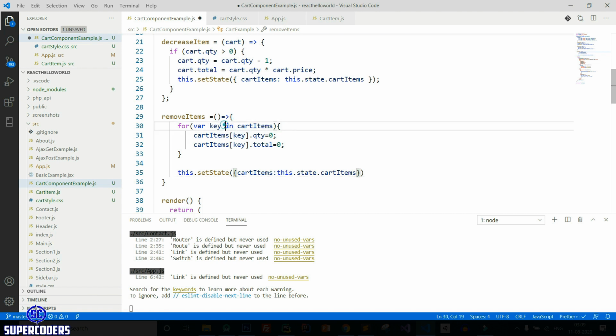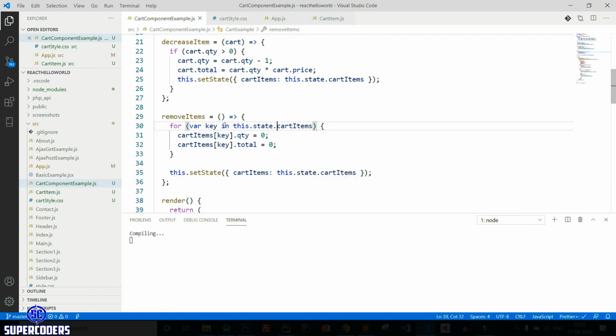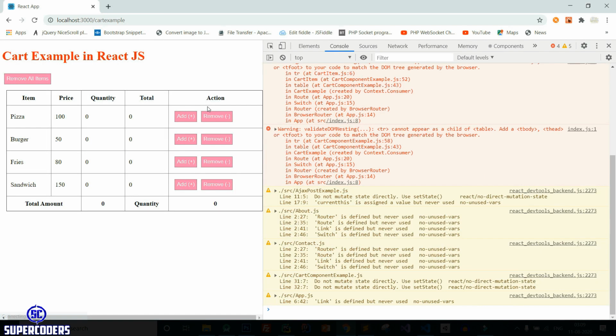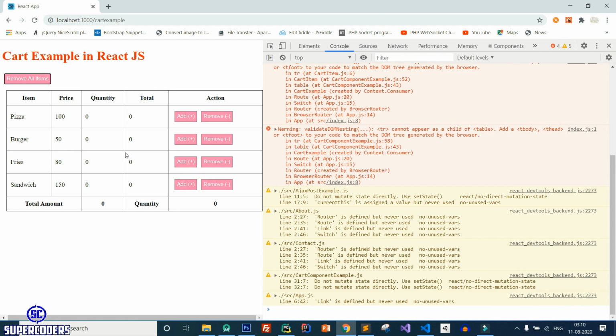Here also this dot state, save it. Change it here, save it. Now let's see, plus, now click on reset and you can see everything get updated.